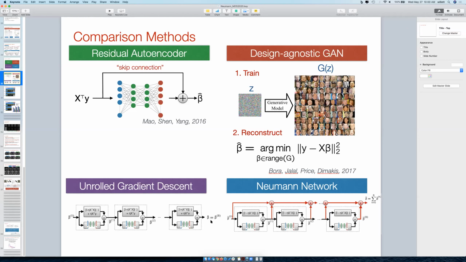I guess it depends on how you measure model complexity, but in this work, we considered the case where the learned components within each block are constrained to be the same. So if I'm thinking about the number of weights that I have to learn, it is the same regardless of the number of blocks. The reason that we did that is because we wanted to be able to think about some of these theoretical properties.